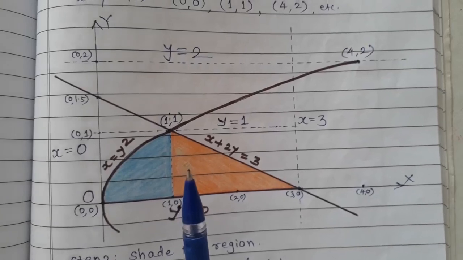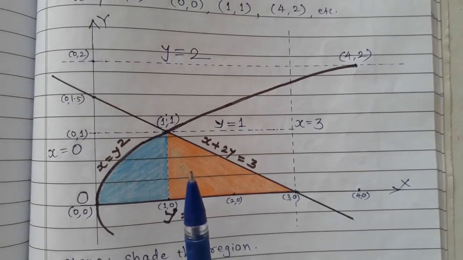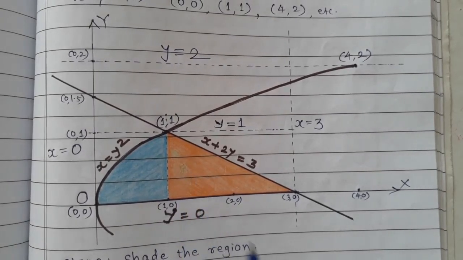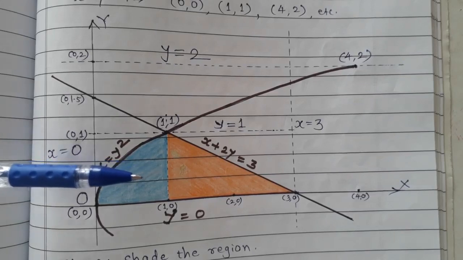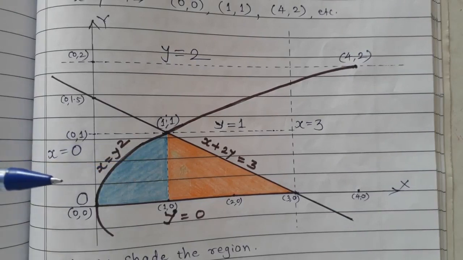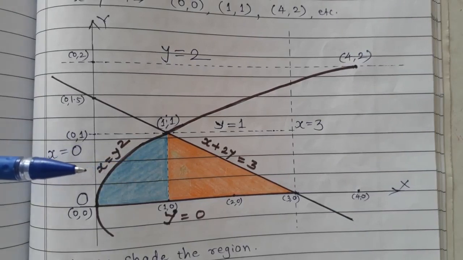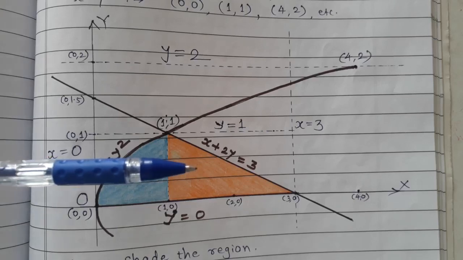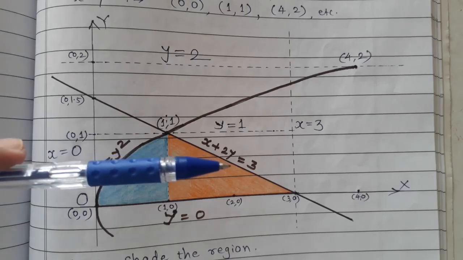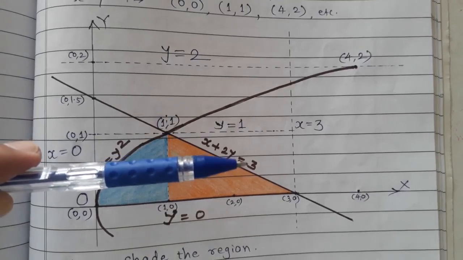So to avoid that, I will choose the way of integration first with respect to x. That means the x axis is horizontal, so first with respect to x means I have to consider the horizontal direction. So when I use the horizontal direction firing, then the bullet will come like this. First of all, it will break the wall x is equal to y square, and then it enters into the color and it will break the wall x plus 2y equals 3, and then it goes out.